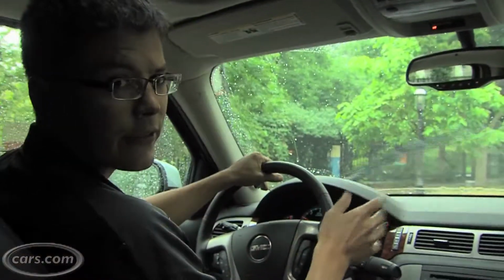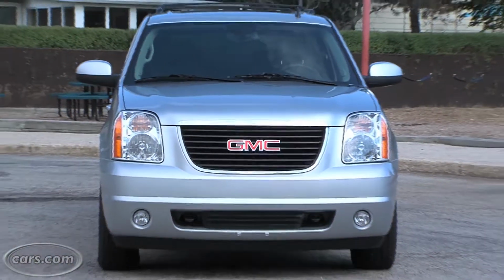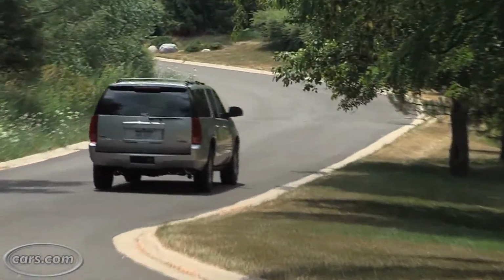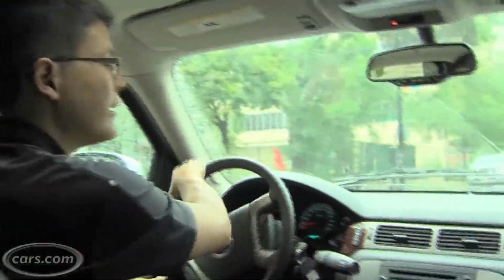The Yukon XL is a fairly heavy SUV. It's about 200 pounds heavier than a regular length Yukon, weighing close to about 3 tons for our four-wheel drive test car right here. GM's 5.3 liter V8 isn't really up to the task of pulling that very confidently. It kind of lumbers off from a starting stop, requires a lot of reserve power to keep up highway speed. I put in 6 adults, including myself, and it required just about everything that the drivetrain had to keep up